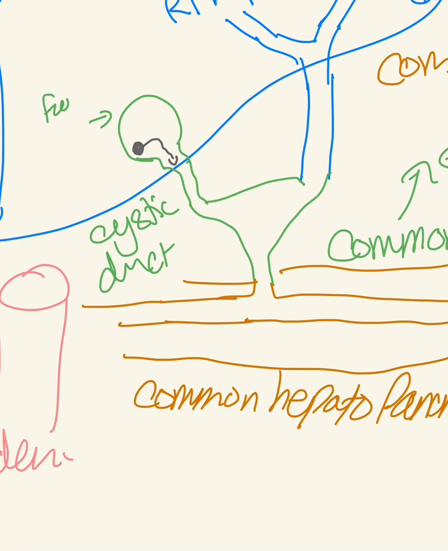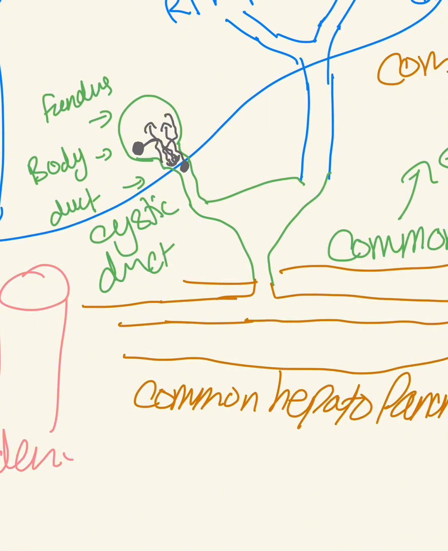This is the fundus of the gallbladder, this is the body, and then this is the duct, right? So this small stone can move to the duct and get stuck here, and then come back to the body, and then go again to the neck, and then come back to the body. It's a back and forth movement of the stone from the body to the duct, from the duct to the body,